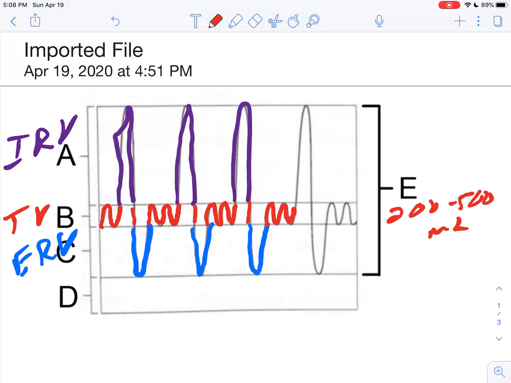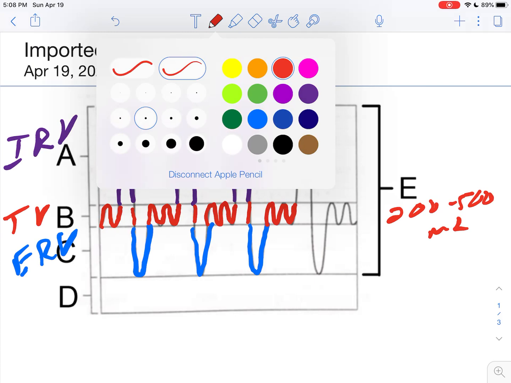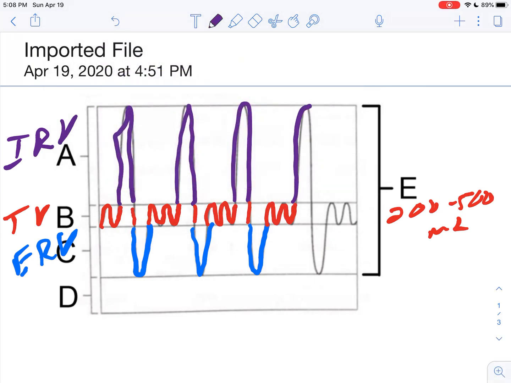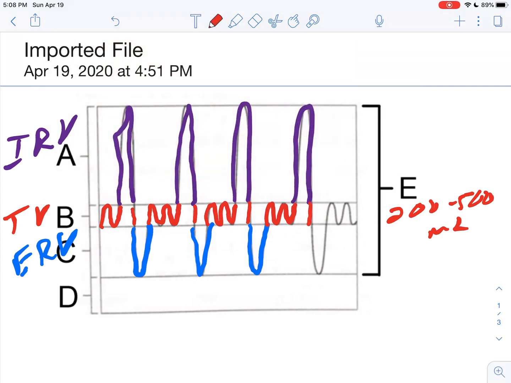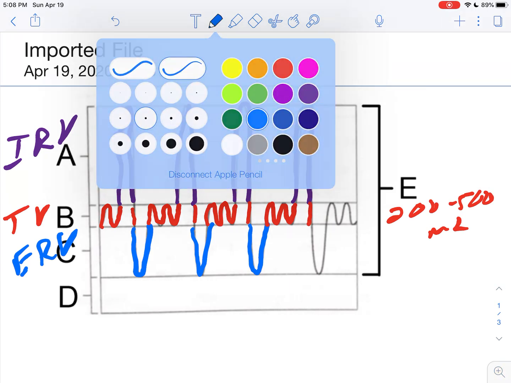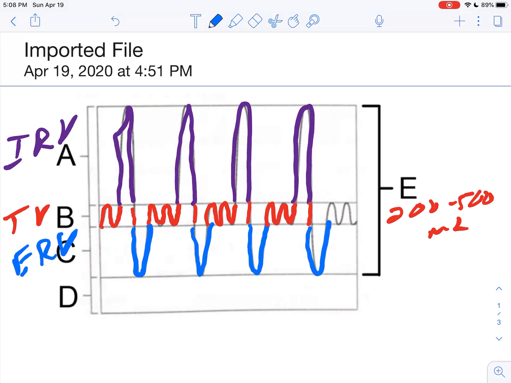We're just going to finish this out. Tidal volume, inspiratory reserve, our tidal exhale, our expiratory reserve, and back to our normal tidal breaths. Okay, so that's what's going on in all of those